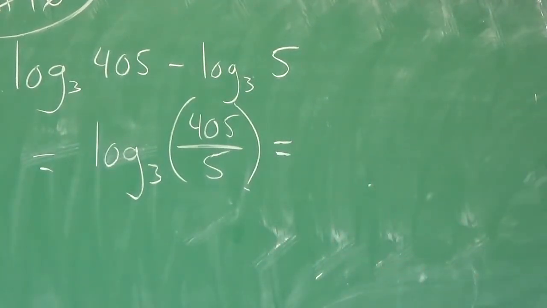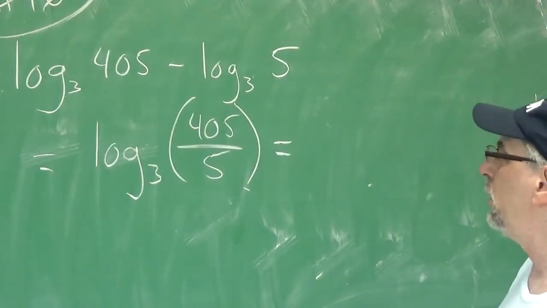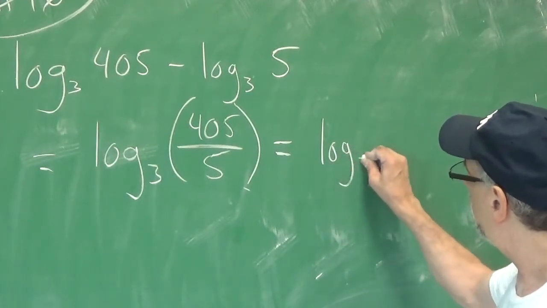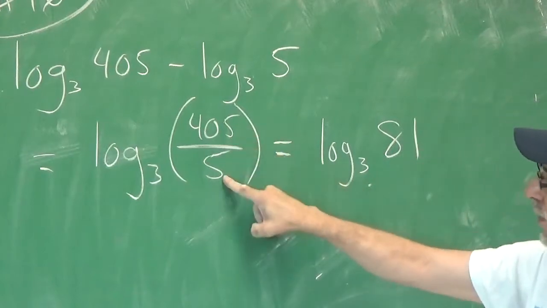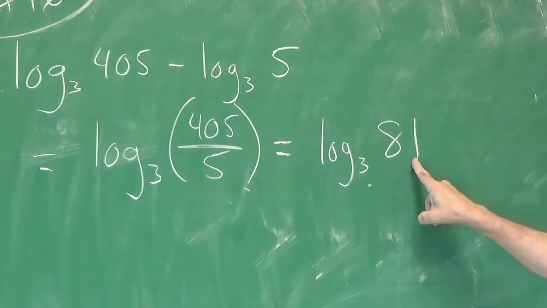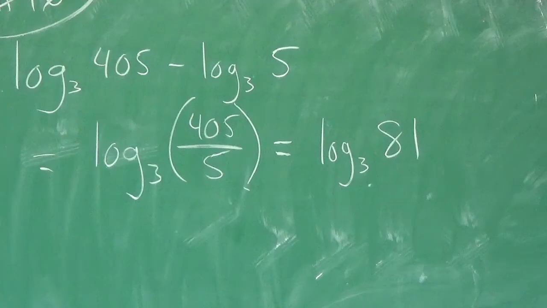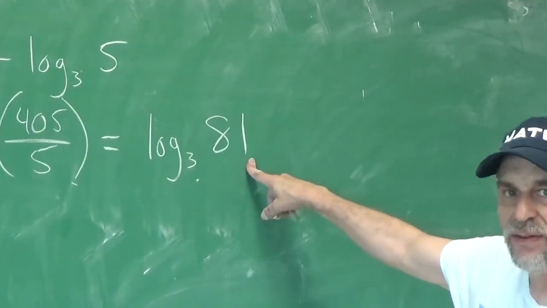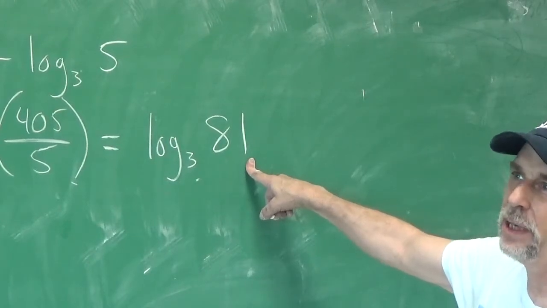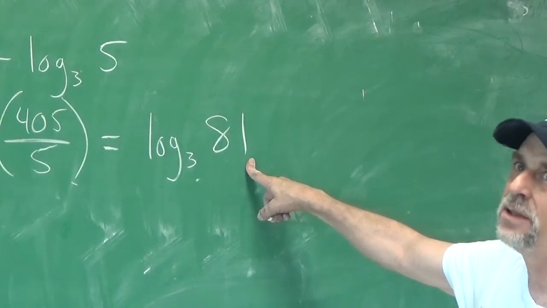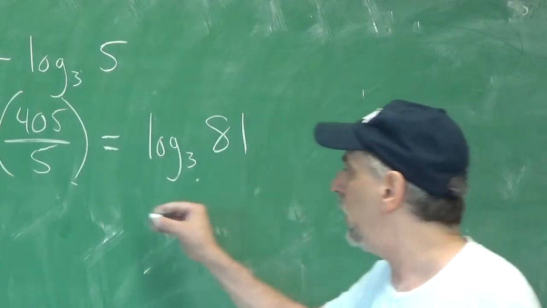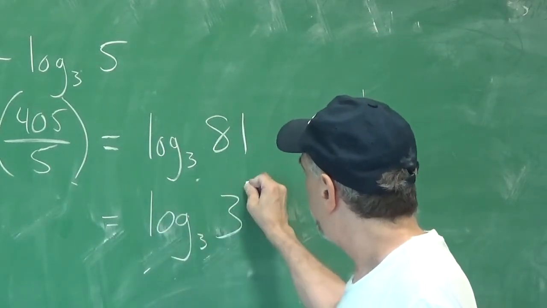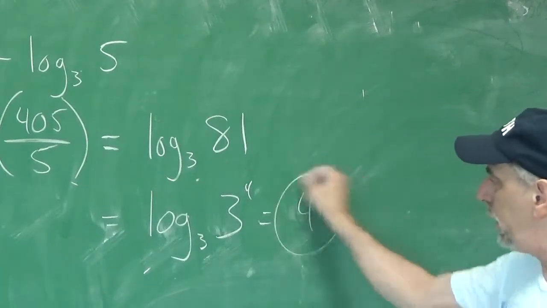So let's see, 5 goes into 120 times 4, so that's 80, 81, right? Log base 3 of 81, 405 over 5. And again here, we want to use our special property and realize that 81 is 3 to the 4th, I think, right? 3 times 3 is 9, times 3 is 27, times 3 is 81. So we can rewrite this as log base 3 of 3 to the 4th and get our answer to be